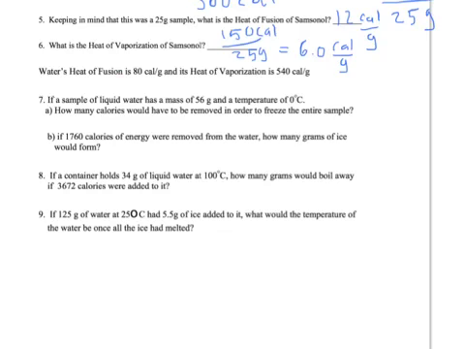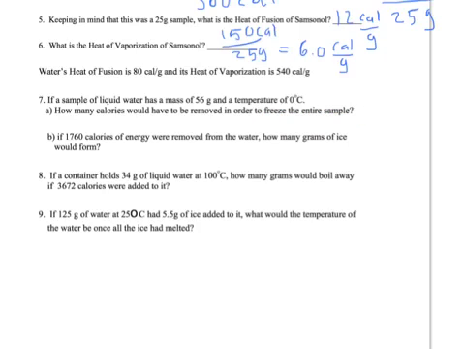Water has a heat of fusion of 80 calories per gram and a heat of vaporization of 540 calories per gram. So let's look at number 7. A sample of liquid water has a mass of 56 grams and it's at a temperature of 0, but notice it is a liquid. So what we have is a liquid at the melting point, and I have 56 grams of it. It takes 80 calories that have to be removed for every gram of it I want to turn into a crystal. So how many calories would it take to remove in order to get the entire sample to